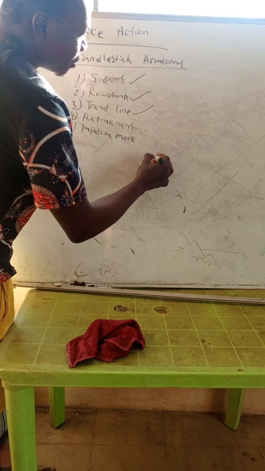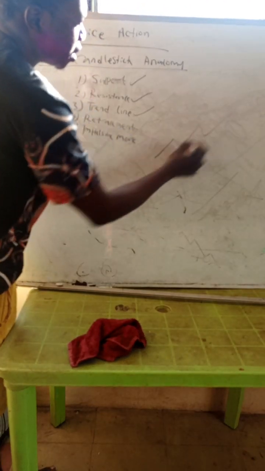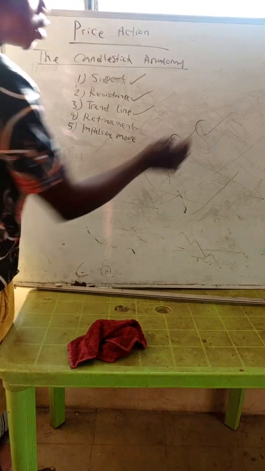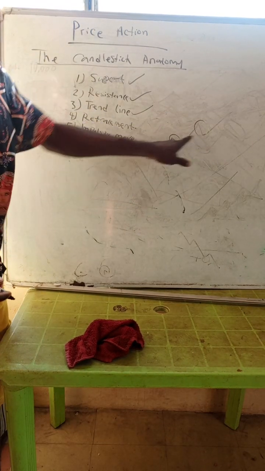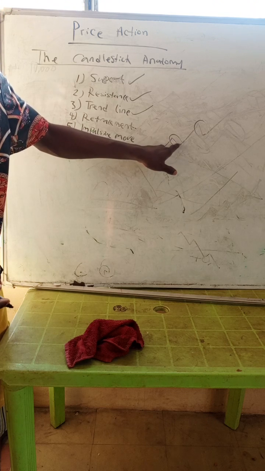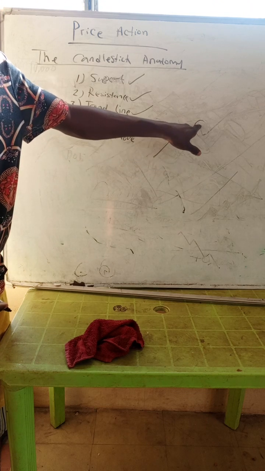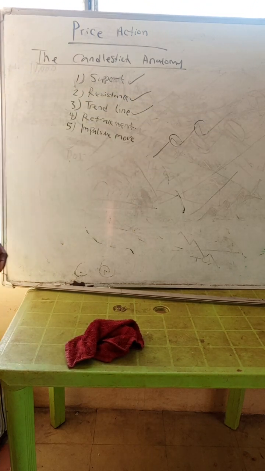Let me draw it one more time. Up, down, up, down, up. So the retracements are these points here. If you look at your chart now, you can see the point where the market was going up but still making small retracements, small moves. It moved down and then continued up again, and then made a move down again, and then continued up. Those points in the market are called the retracements.